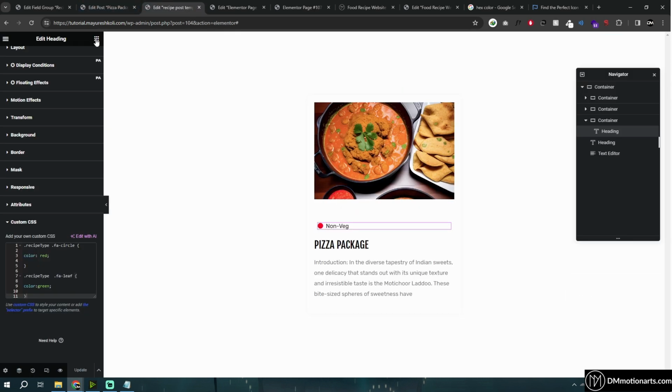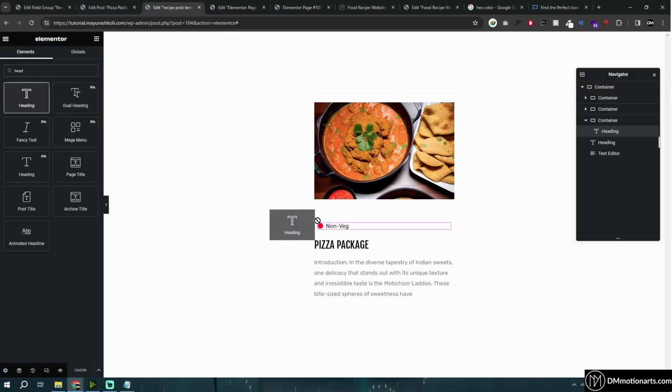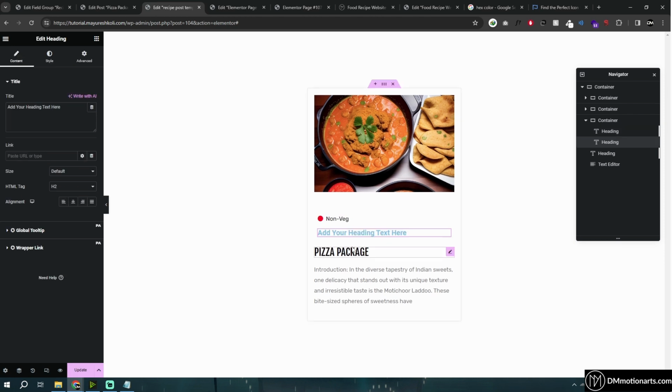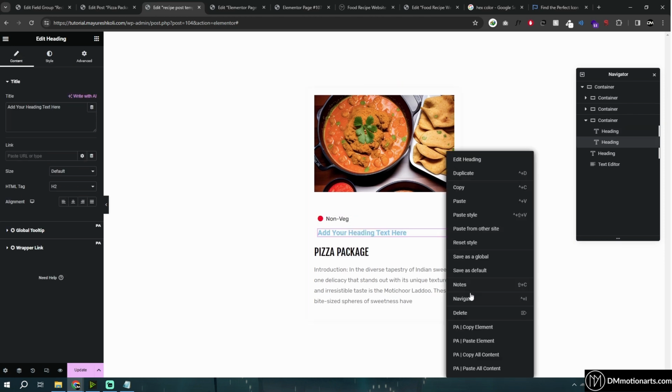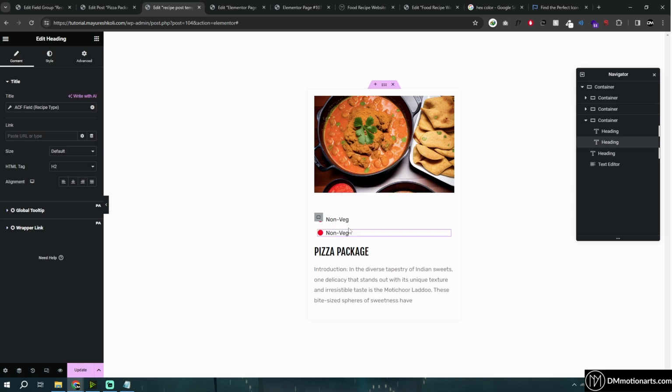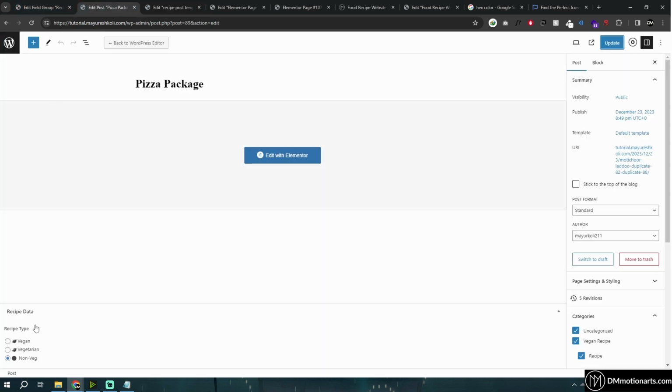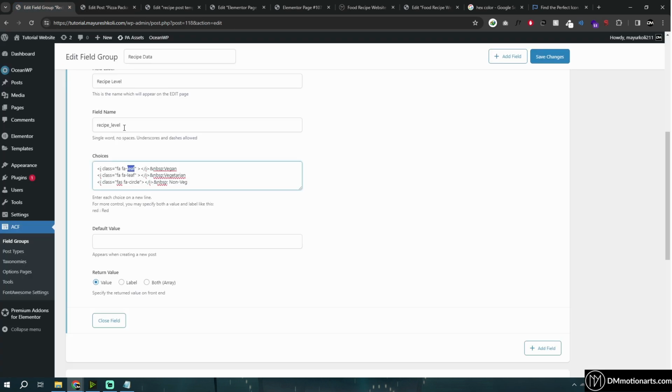We will basically do the same stuff, that is add the heading and then add it inside of that like this, or rather you can just duplicate it, and here you will go into ACF. Again you will choose recipe level rather than recipe type, because right now we only have recipe type. So if you go into recipe level and then type, let's say,